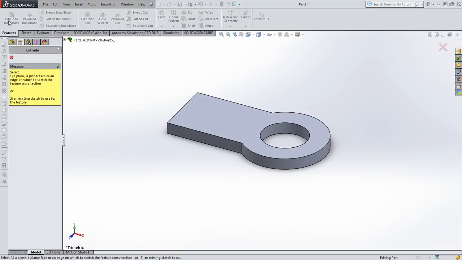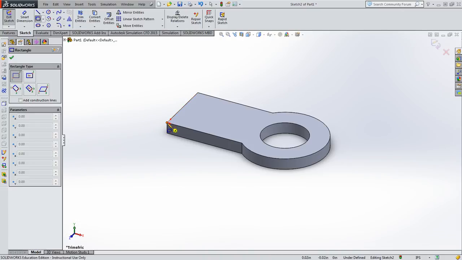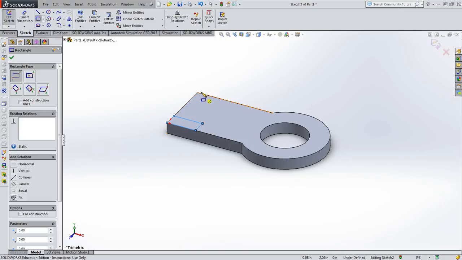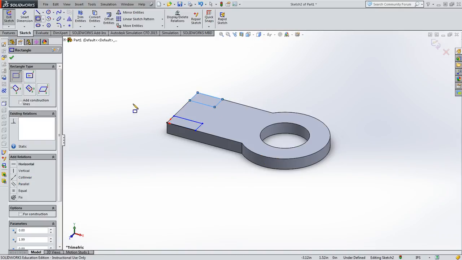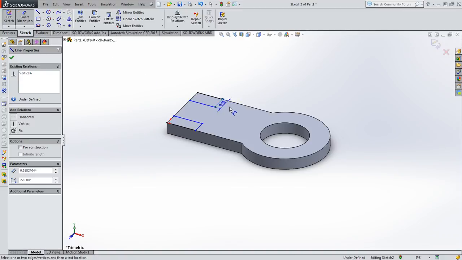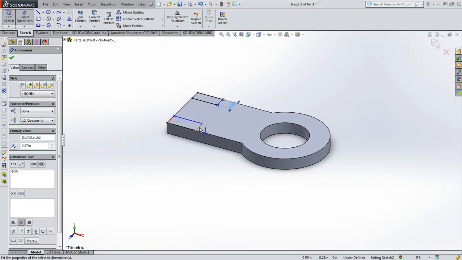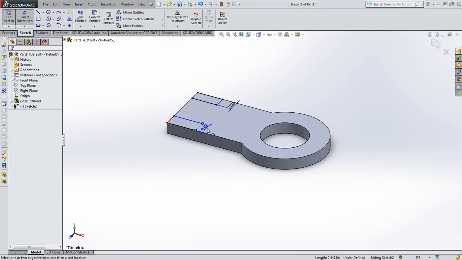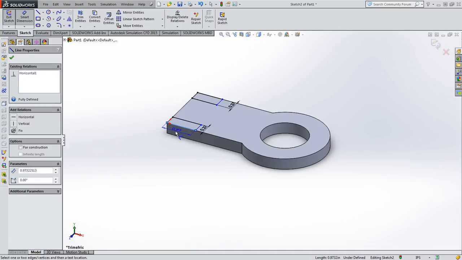We're going to extrude boss base, click the top surface, rectangles, snapping to the top corners, here, out. No particular size right now. We're going to smart dimension these. Snap, snap. Smart dimension. They're 0.37 in width. 0.37. And 0.37. And in terms of the other dimension,